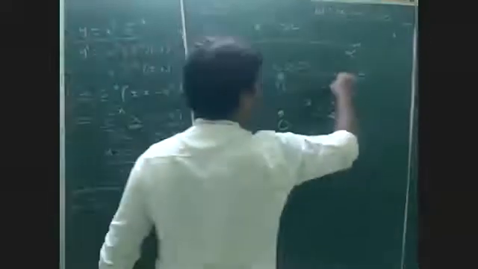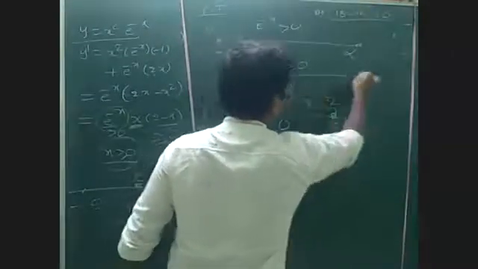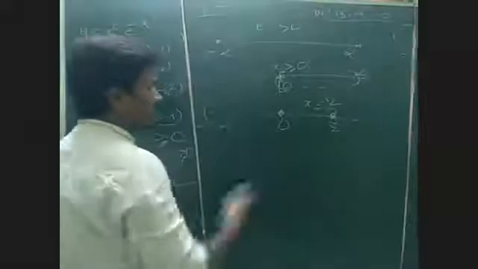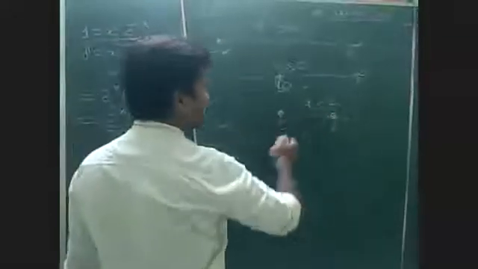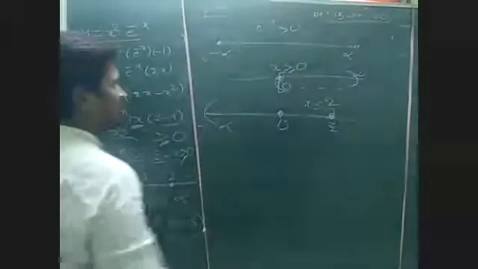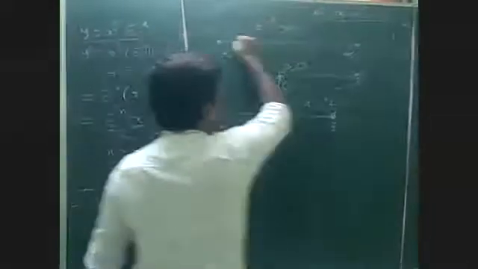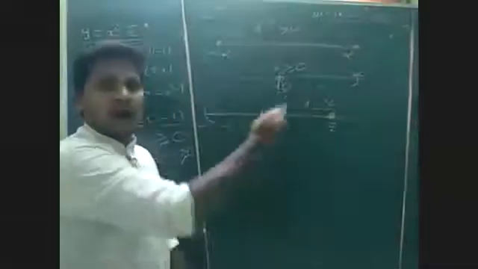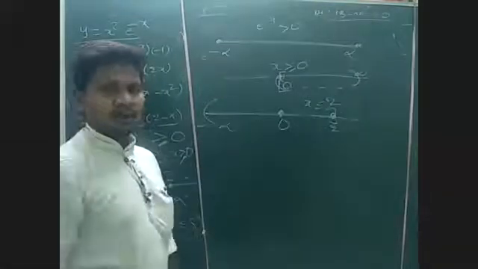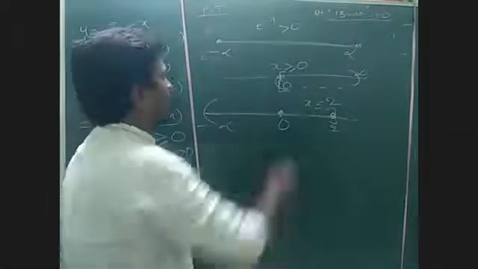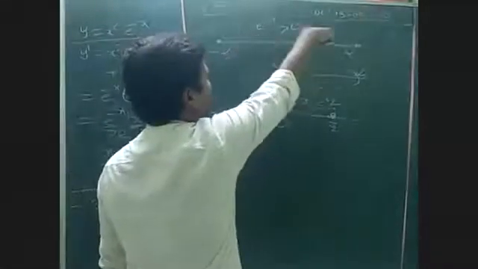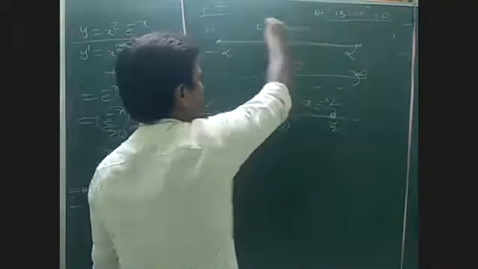Here the interval: 0 to infinity. For this, x less than or equal to 2, 2 to minus infinity. But for e power minus x, minus infinity to infinity. What is the common region for all three? Real line. Common region. So here, this is the real line. Total x value, real numbers.